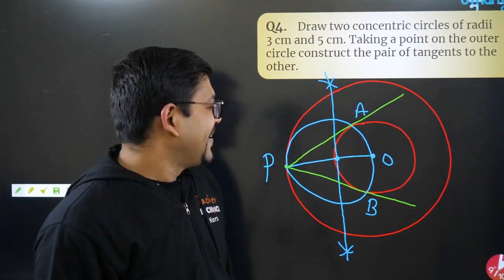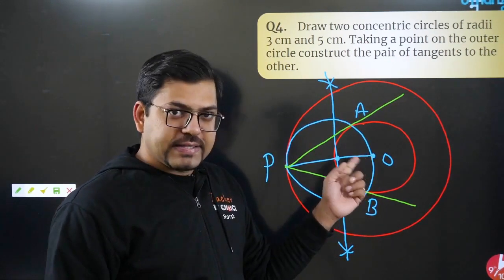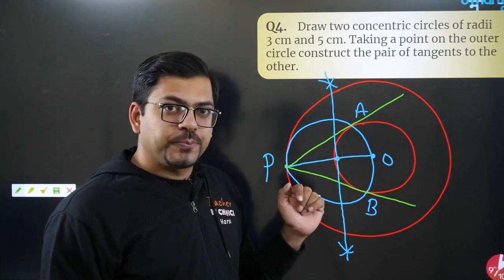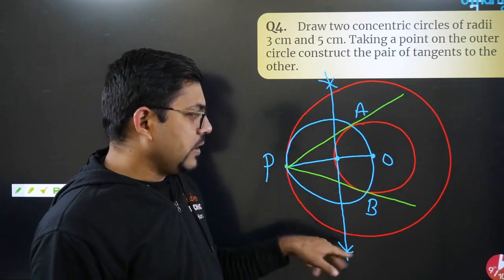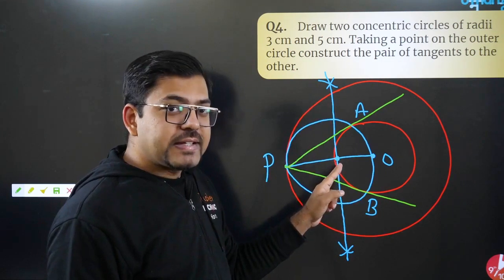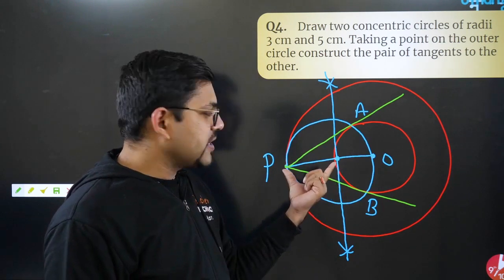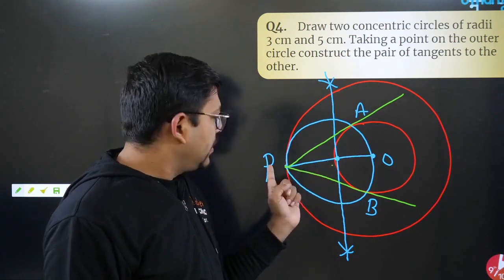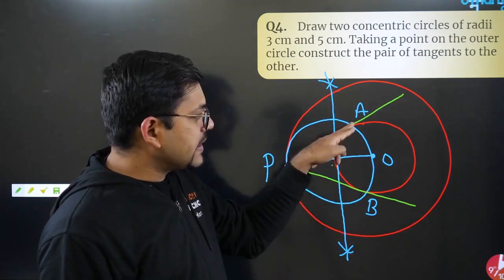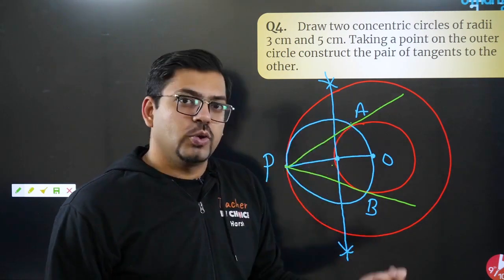So this is how we make it. Let me just tell you once more what I did. O is the center, and wherever is your point from where you have to make the tangent, just join O to P. Then make the perpendicular bisector of this OP line. Wherever this perpendicular bisector is intersecting OP, take that point as the center, and then measure this much length from the compass as radius. Make a circle. Wherever the circle is cutting the original circle, that point is your desired point. Join PA and PB, you get the tangents.